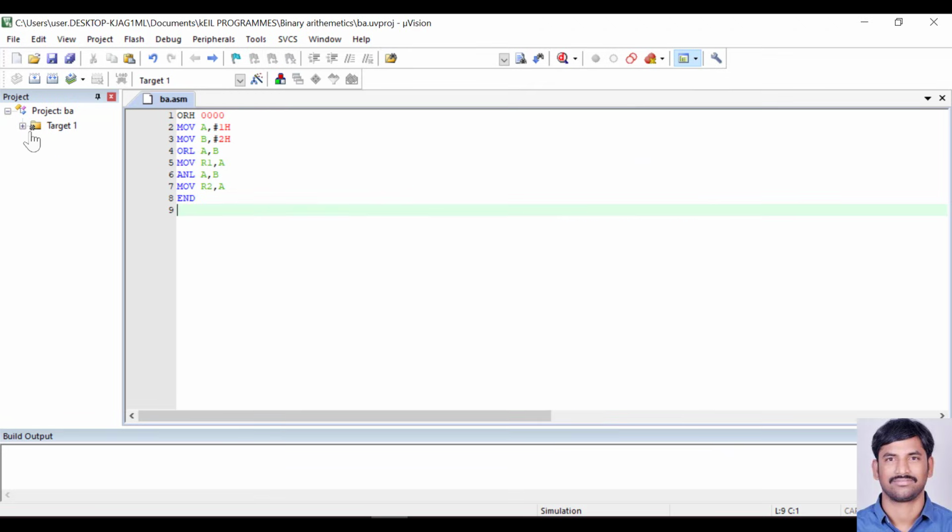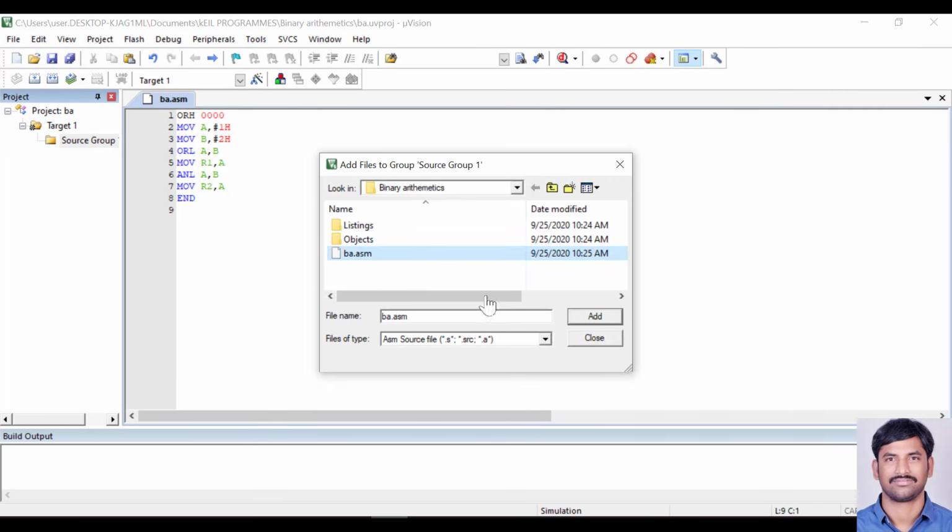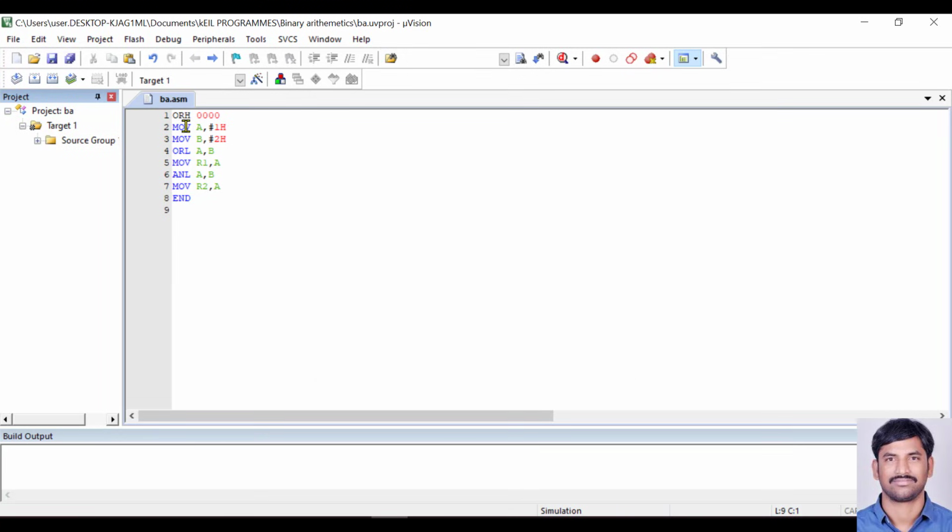Now your file is saved. Now you're going to add this file to the source group and select the add asm file. Now you can see your code has changed color, but you can see here H is not changed. That means it's supposed to be G. Now we'll try to make it G and try to save once again. Okay, now you can see it's converted to blue color. That means the code words are correct. I'm going to translate the code, no errors, no warnings, and build the target files. No errors, no warnings.